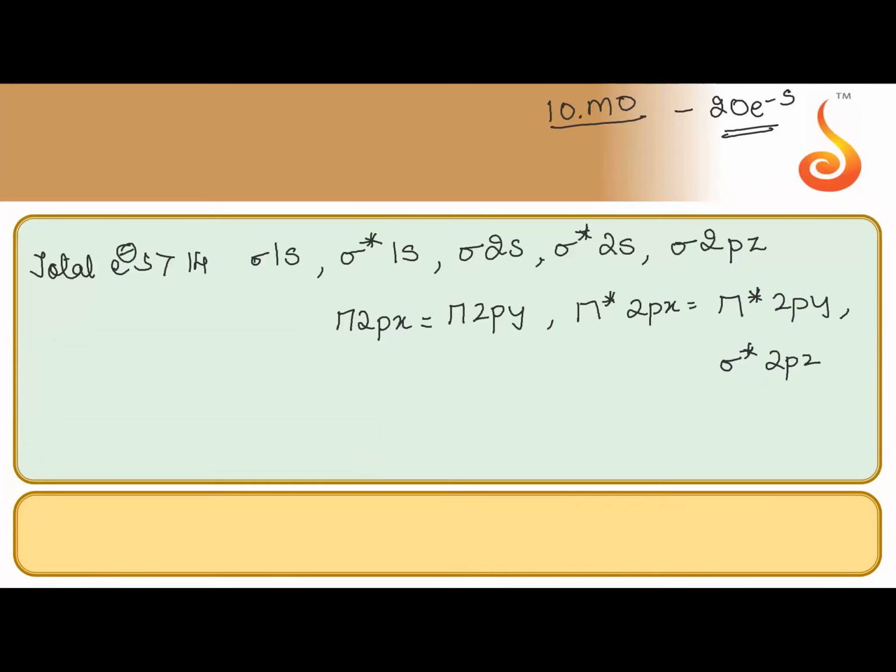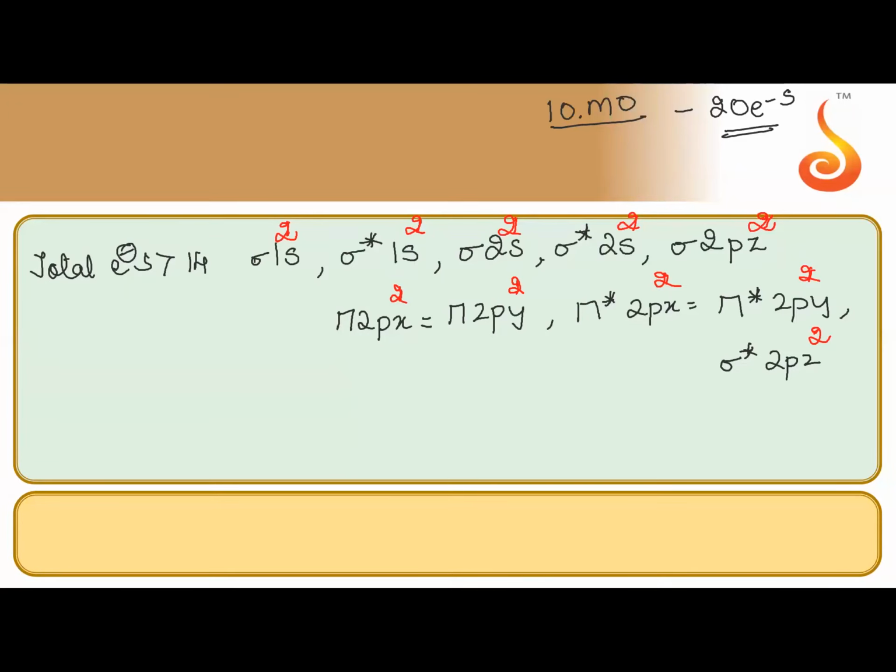So this is the order. The first 2 electrons will fill this orbital. One electron goes here, second one also goes here. Third one goes here, then the fourth one goes here. Fifth, sixth, seventh, eighth, ninth, tenth. The 11th and 12th fill singly before pairing occurs. 13 and 14, Hund's rule we apply. 15, 16, then comes 17, 18, and then 19, 20. This is how the electrons are filled. This is how you should know how to write the configuration.